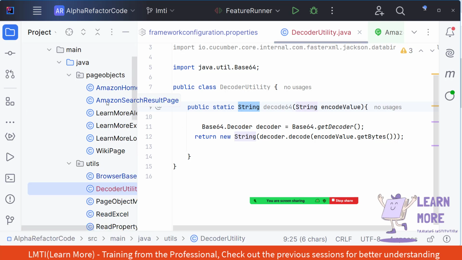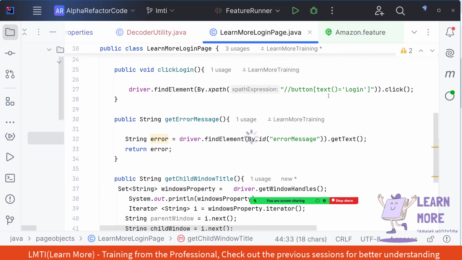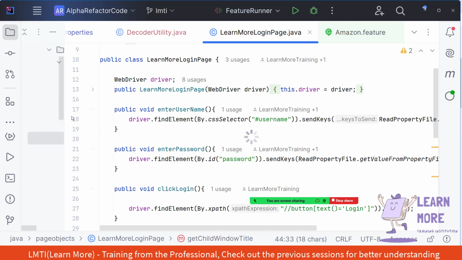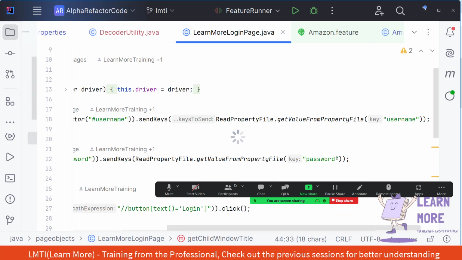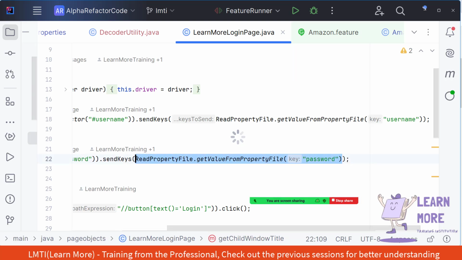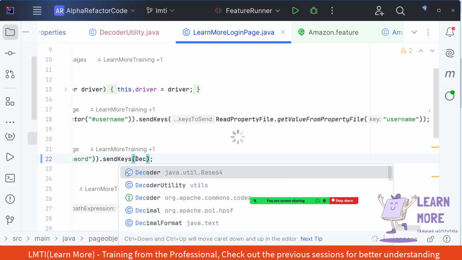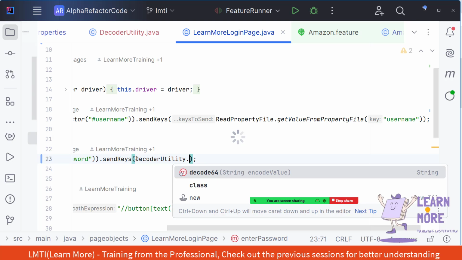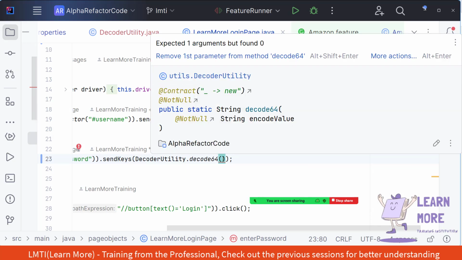Now let me navigate to the page object which we have created, where we have entered the username and password. In this place, when I say password, the password is an encoded one, and in order to decode it we should use the class called DecoderUtility, in which I am calling the method called decoder64. But this will accept a string as an input,